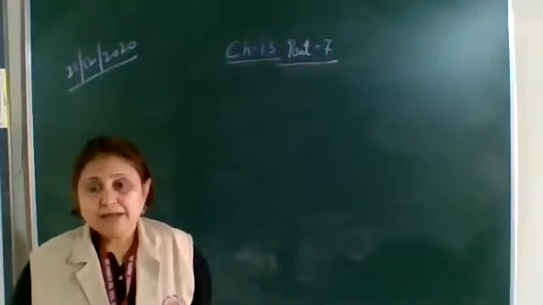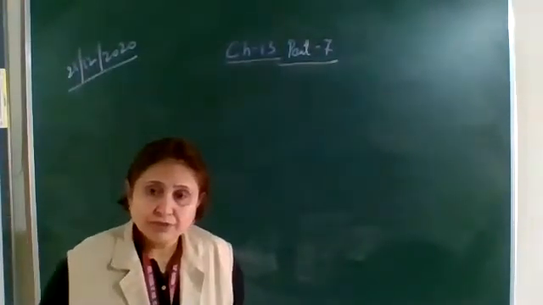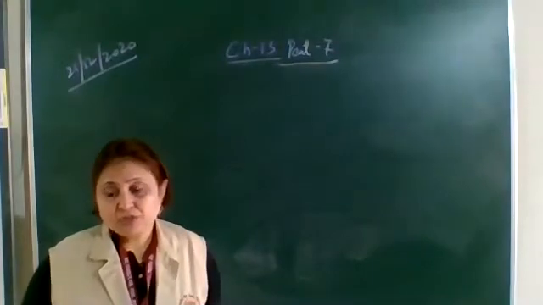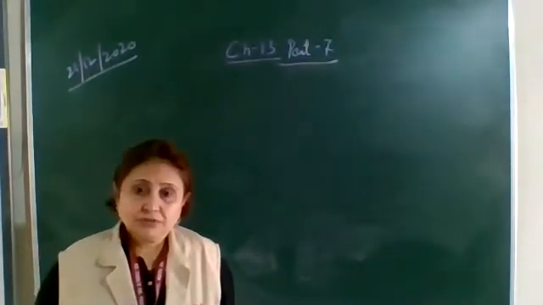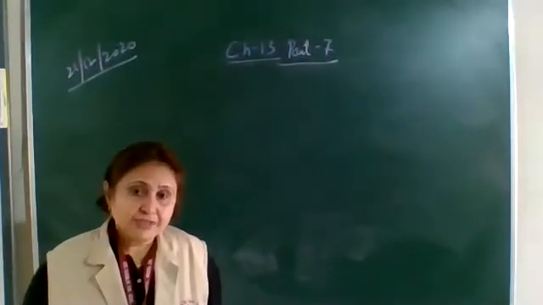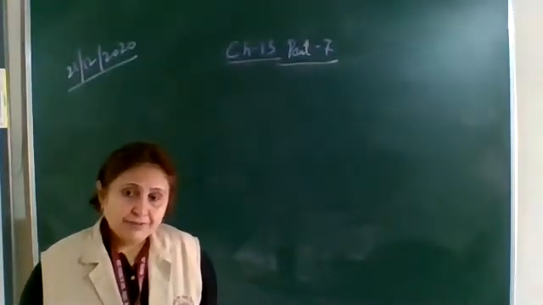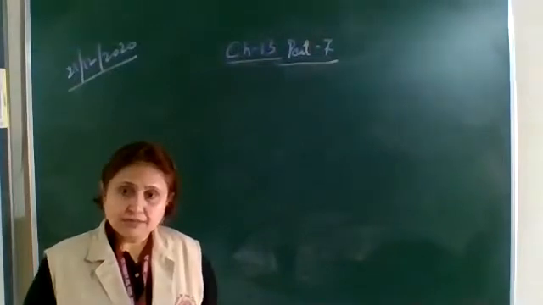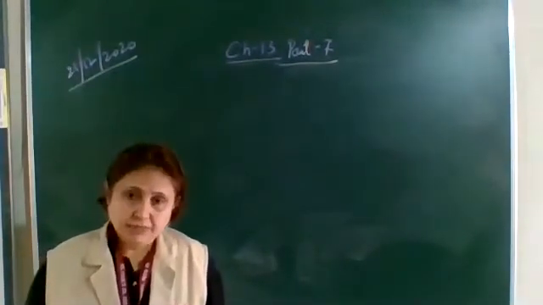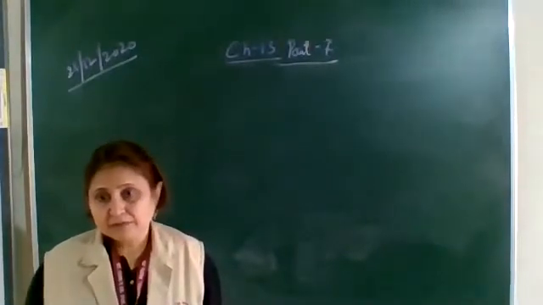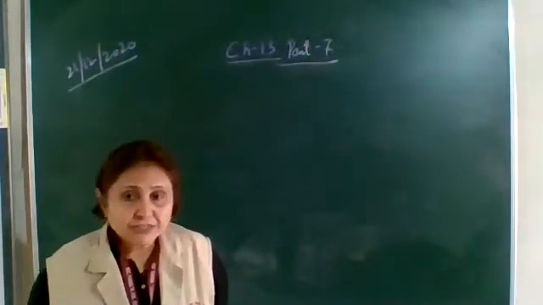Then the magnetic field due to a current carrying solenoid. Inside the solenoid, the magnetic field is uniform and very strong. Also the differences we have seen. The magnetic field due to a solenoid is similar to that of a bar magnet. So the pattern of the magnetic field lines is also the same as that of a bar magnet. But what are the differences?